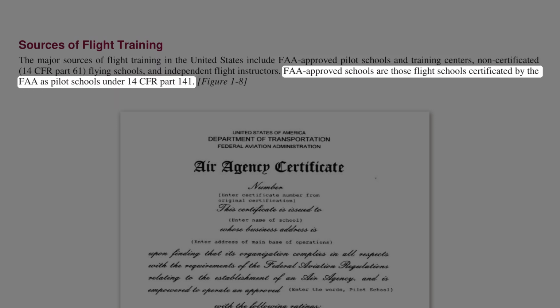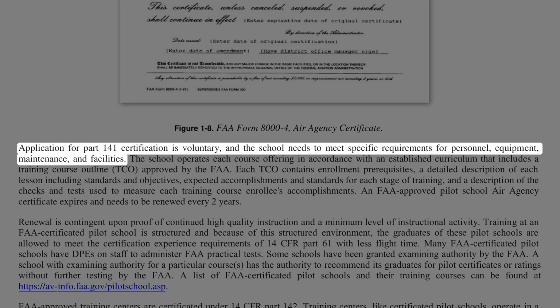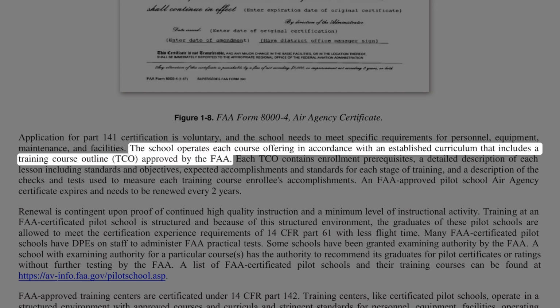FAA-approved schools are those flight schools certificated by the FAA as pilot schools under 14 CFR Part 141. Application for Part 141 certification is voluntary, and the school needs to meet specific requirements for personnel, equipment, maintenance, and facilities. The school operates each course offering in accordance with an established curriculum that includes a training course outline (TCO),